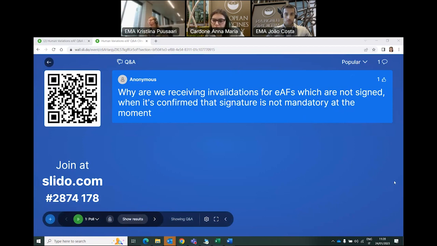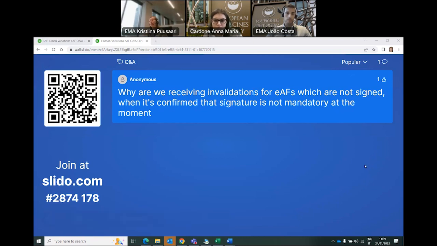If you are using an interactive PDF, let's call it the old eAF variation form, then of course we would reject if the form is not signed because the signature locks the form. But with the web eAF, we do not currently invalidate if the form is not signed. So maybe you can contact me after the meeting if this is the case, because obviously we should not be